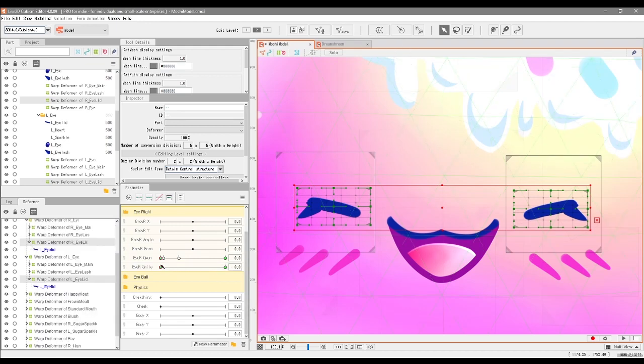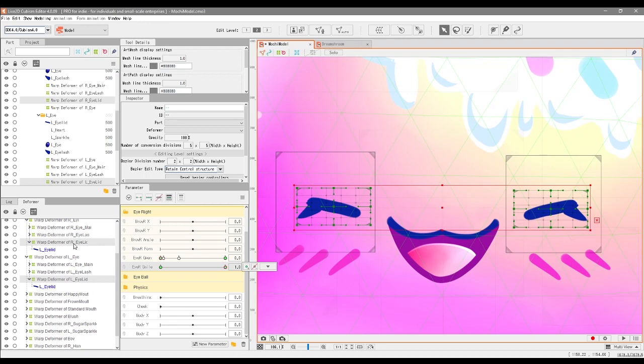The far right keyform will be the happiest state for your character's eyelids, and the left will be the default state for your character's eyelids. So if we just snap to the right keyform here by pressing the right mouse button,